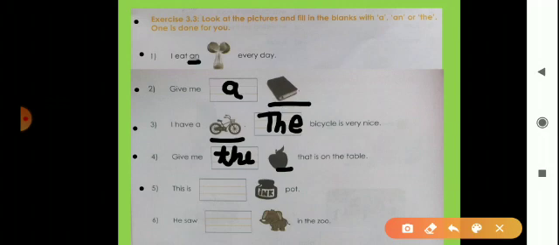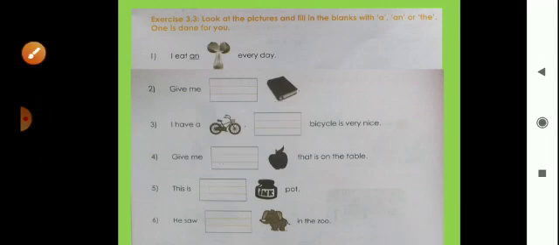Then this is an ink pot. Now what is the fill in the blank? I-N-K, ink. This is an. Why do we use an here? Because I is a vowel and it has a vowel sound. So we use an. Then number 6. He saw dash dash. This is an elephant in the zoo. He saw an elephant. Elephant starts with E and it has a vowel sound. So an. Okay. You should fill it in your grammar book.